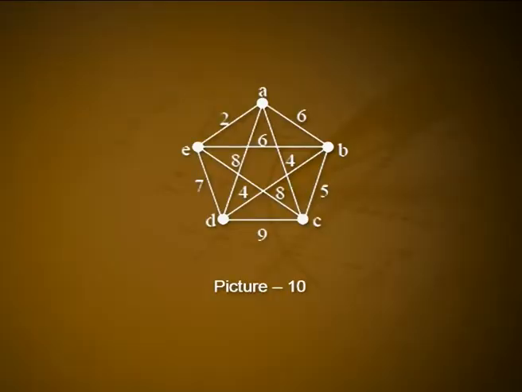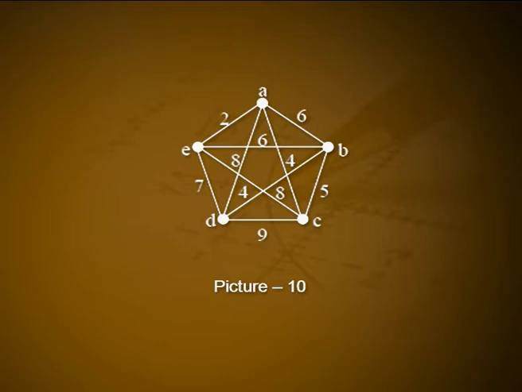The proof is similar to the Prim's algorithm, which we have already discussed. To construct a minimum spanning tree for the graph of figure shown, we proceed like this. The weights are 2 for the edge AE, 4 for the edges AC and CE, 5 for edges BC and AB and BE, and 7 for the edge DE, 8 for the edges AD and BD, and 9 for CD.